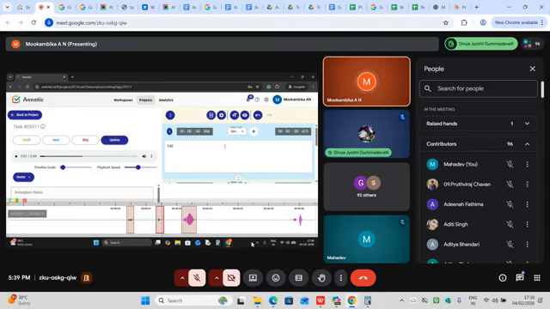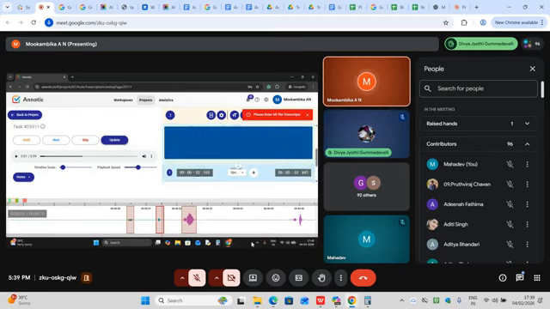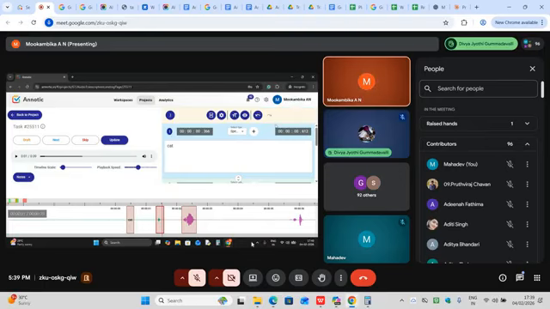Labeling the segmentation is mandatory. Without labeling the segment and entering the transcript, you cannot update the file. It will show that you have not updated the transcript, because a blank is there. To update your file, every speaker tag and every transcript box has to be filled, with whatever the speaker is telling or, if any noise is heard, that noise has to be mentioned with the help of a tag.